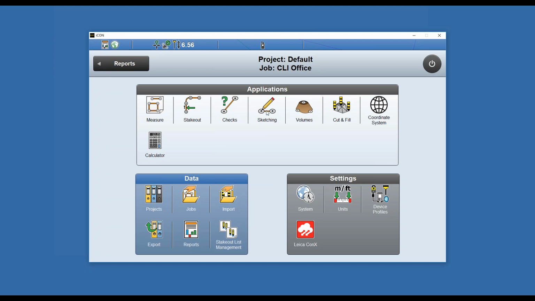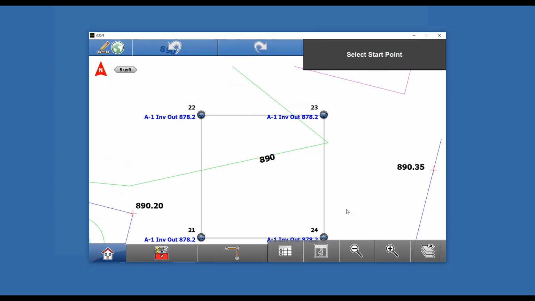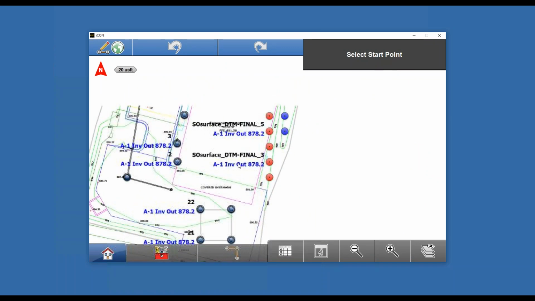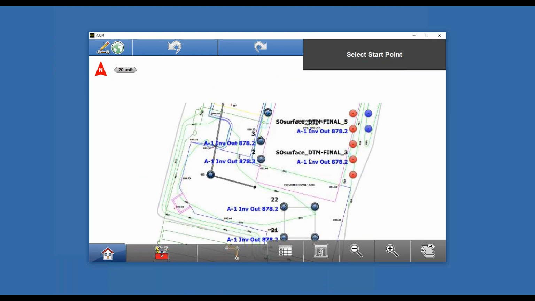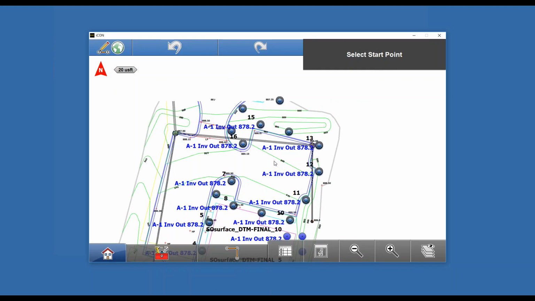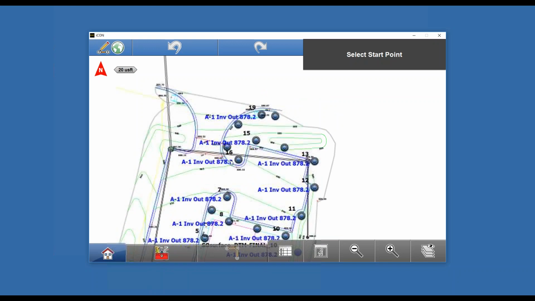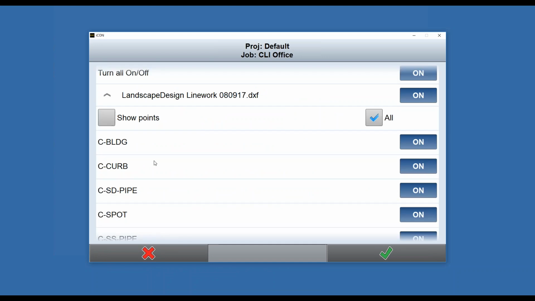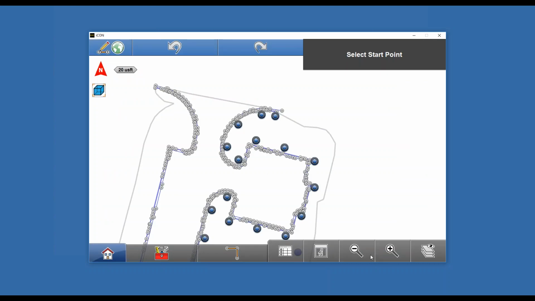Sketching. This is another really cool tool. So what we can do is we can go in and basically draw anything. I use it a lot, especially when I'm doing curb staking. So say right here I want to know what the radius point was in this area. So I'll go into my layers, turn off all my layers except for my curve, since that's what I want to work with. Turn on the points from the CAD drawing,